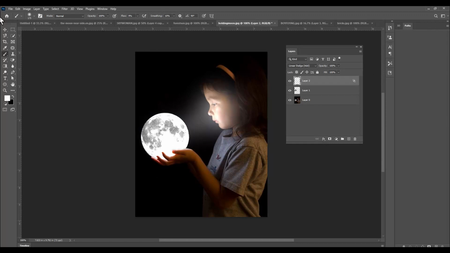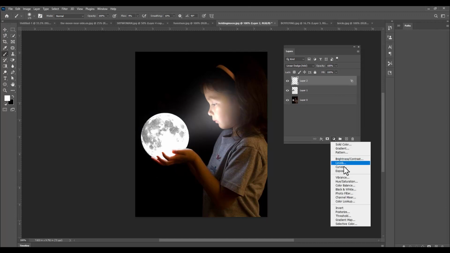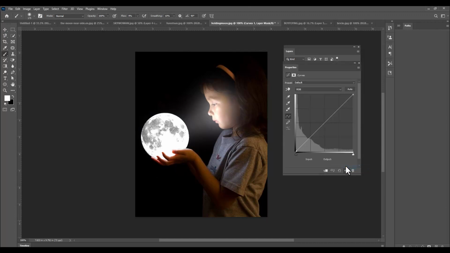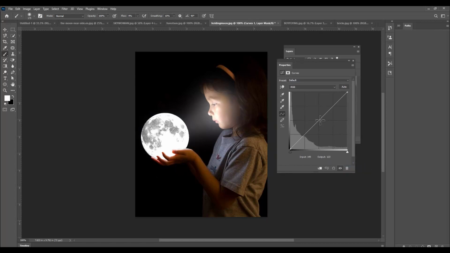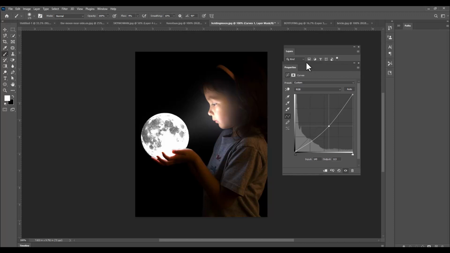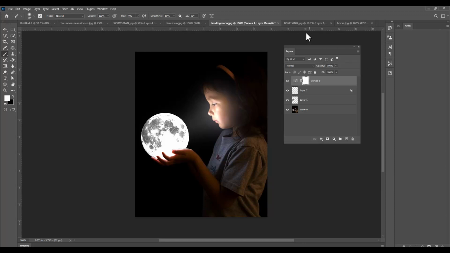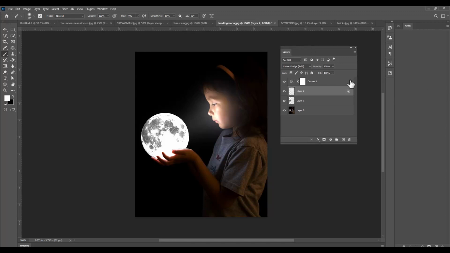Now the next thing we'll be doing is we will just create a Curves adjustment layer on top of all the layers and we will reduce the brightness. So we can see here. Just we will reduce the brightness a little bit. Something like this. And the last thing we'll be doing is below the Curves adjustment layer, we can just take